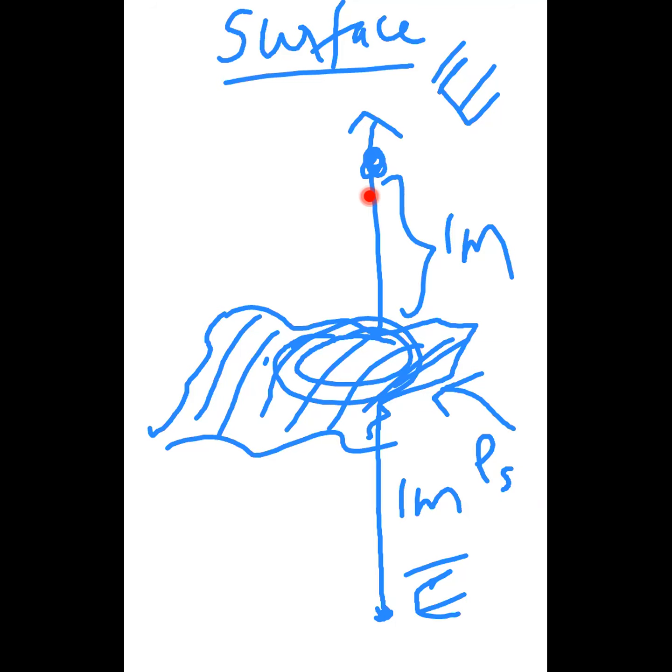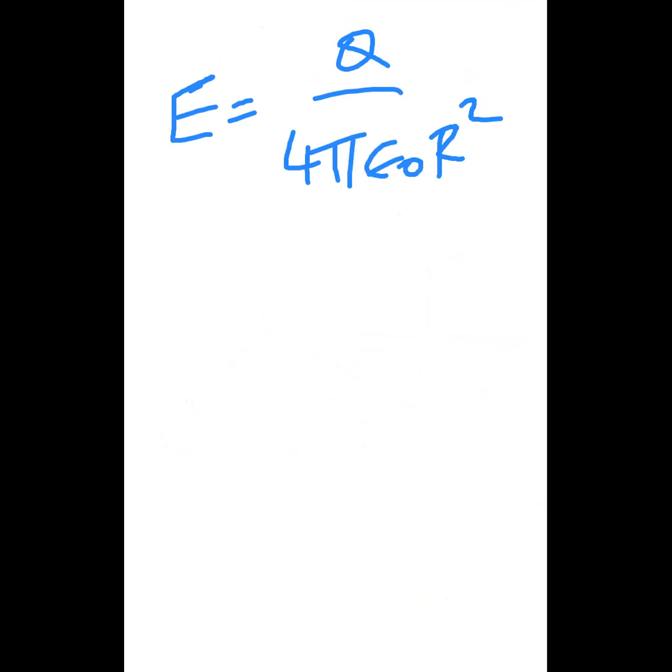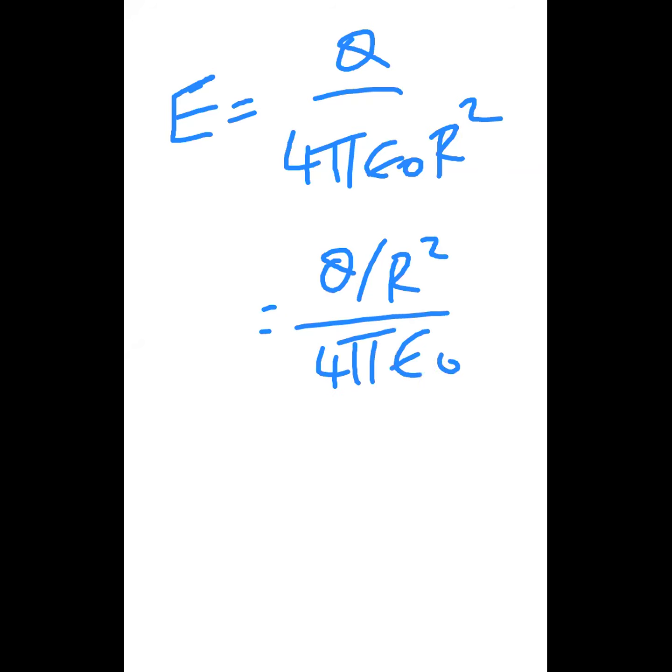Okay, so what will happen if you have a surface like this? What is our base formula? If it is a point charge, first we'll start from the point charge. If it is a point charge, then electric field E is equal to Q by 4 pi epsilon naught R square. Now I am giving you some kind of shortcut. This is not a regular procedure. If I take that R square upward, Q divided by R square, 4 pi epsilon naught.